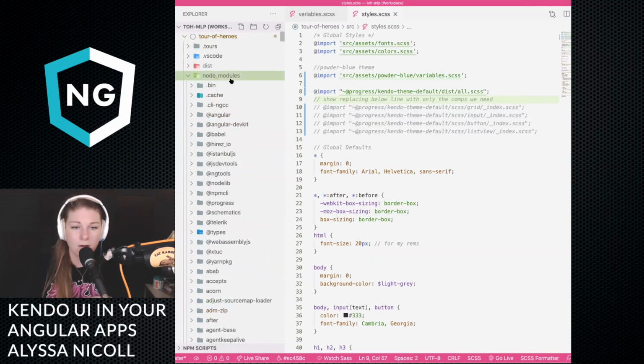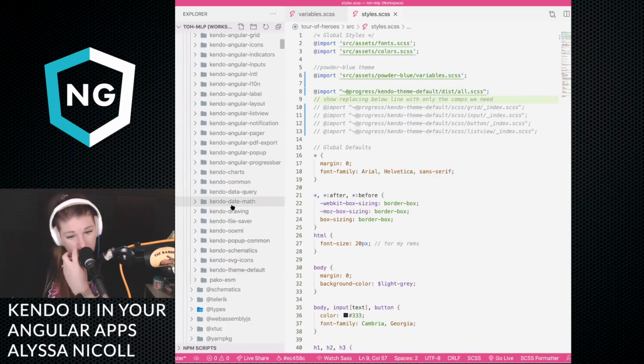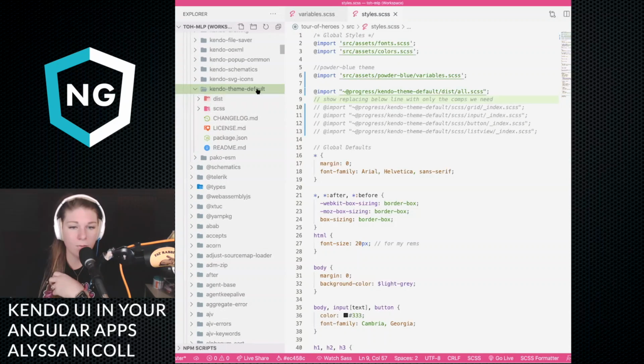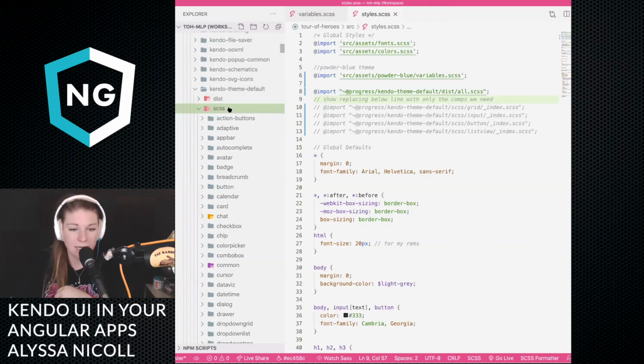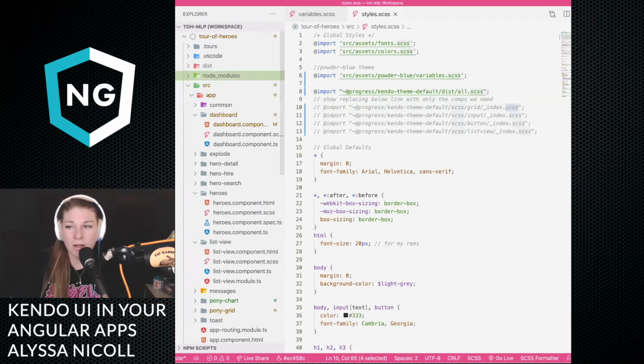Those are in our node modules. You go to progress. I know it's horrendous. You're like, why are you showing us node modules? And then you go down to the Kendo theme. We're using default. And inside of the SCSS folder is all the options for the individual SCSS files that you can import. I will close node modules now and ne'er open them again. So yeah, I think that closes us out on